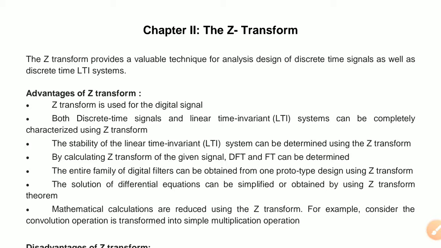And analog signals are continuous time signals. That means the signal is continuous and defined for all values of time. So this is the analog signal, and for the digital signal, the samples can be taken at discrete time intervals. So there is a time interval for the digital signal. So now we are dealing with the digital signal and its processing. So for that purpose, we have to learn the Z transform and the discrete Fourier transform.